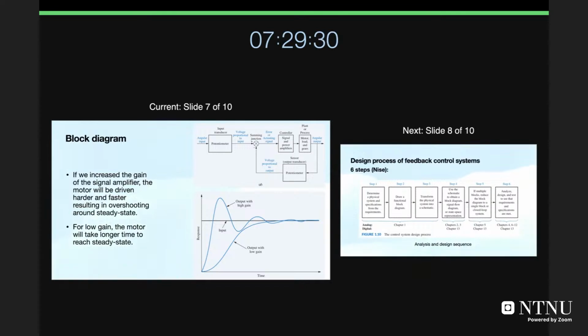So we have here two figures in blue. It's the output with low gain, which is slow. It will take time because you just make the gain smaller. But if you increase the gain, what will happen? The speed of the motor will increase, and it will make this kind of overshoot and undershoot until you reach steady state. So this gain, in fact, is a controller parameter, and this power amplifier, we can say that